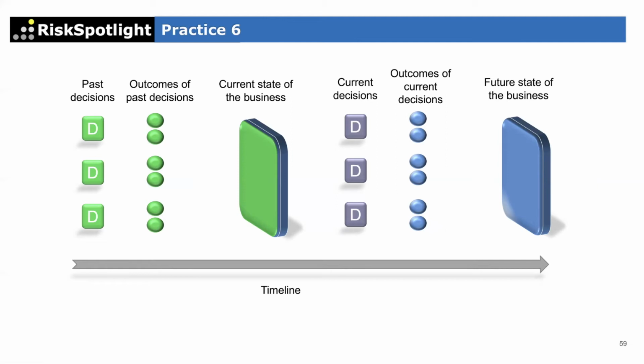Because depending on how those decisions turn out in 3 months, 6 months, 3 years' time, we may end up in a very different state than where we want to be as a business. So the quality of the decision becomes a really important factor in the overall performance of the organization. So we're not just talking about risk management, but the general question of whether an organization will be successful and to what extent. That's where decision making is one of those differentiators between a successful and not so successful organization.